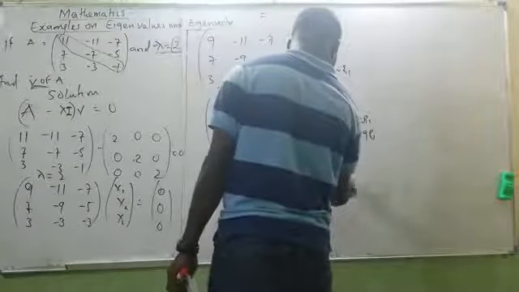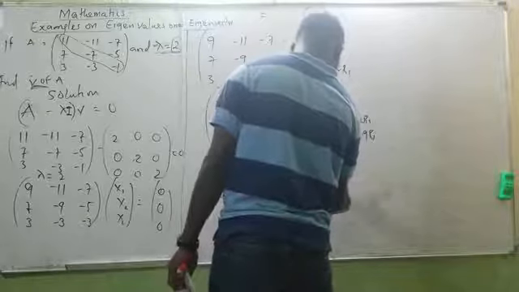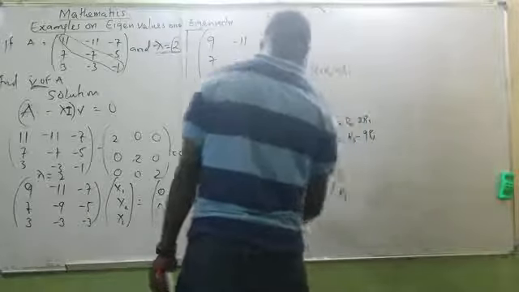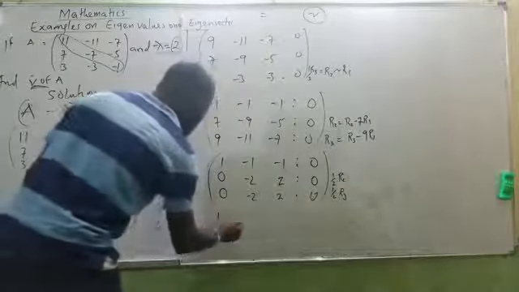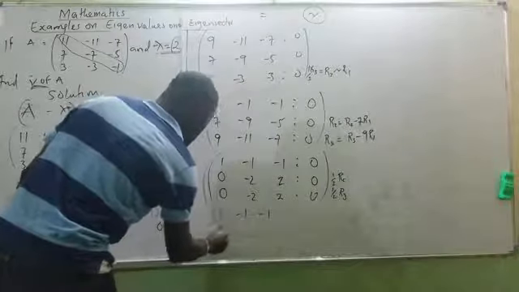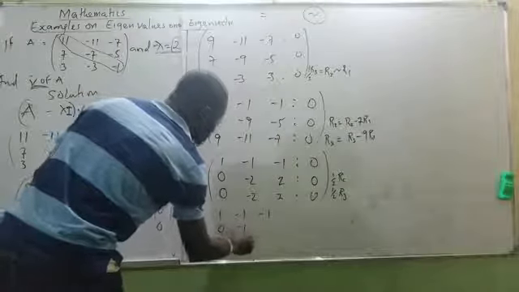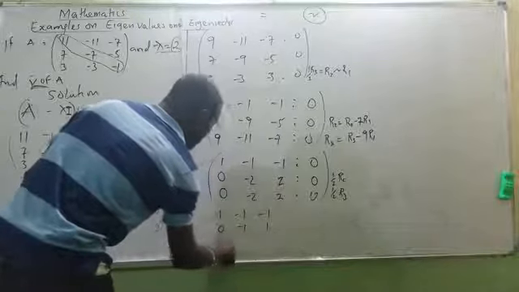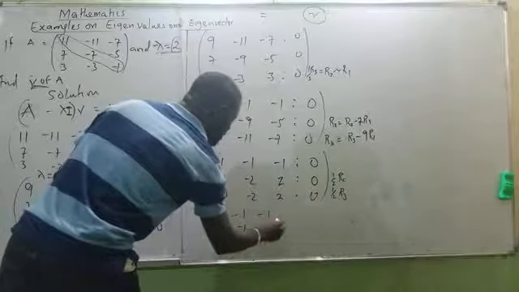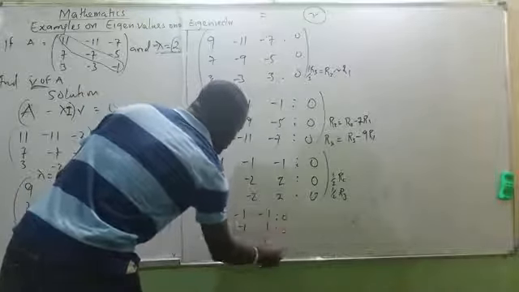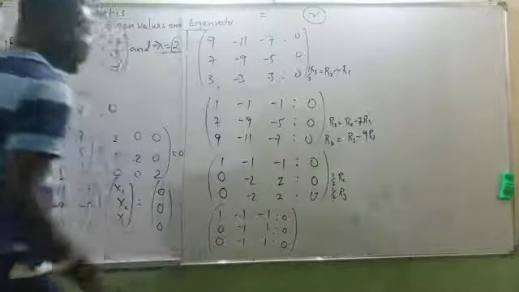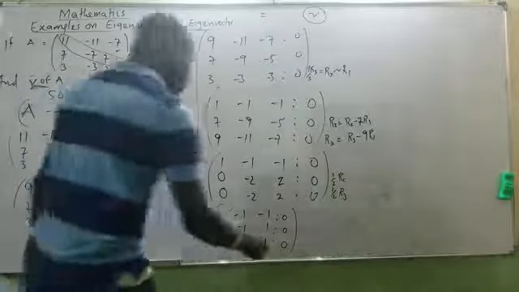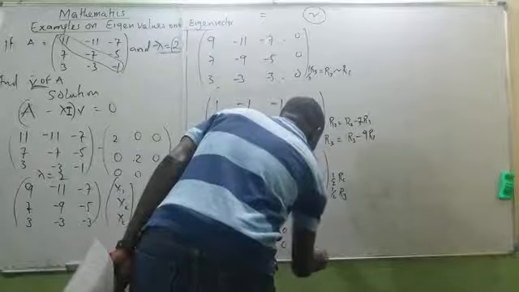1 all over 2, row 2, and 1 all over 2, row 3. Now, I'll be having 1 minus 1 minus 1 is 0, minus 1, 1, and 0, minus 1, 1. Augment it. Now that is what I'm trying to do. I can now say that row 3 minus